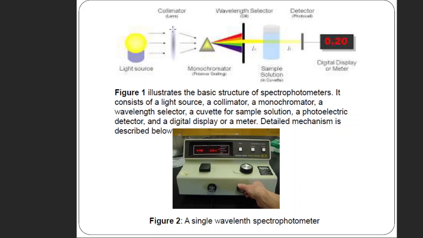That lens can be called a collimator, which collects the light. After that, the light is taken to one central element, a grating instrument or a monochromator. As the name suggests, it is like a triangular prism, and when we allow this light to fall upon it, the light that is emitted forms a spectrum, an array of radiations or different rays.